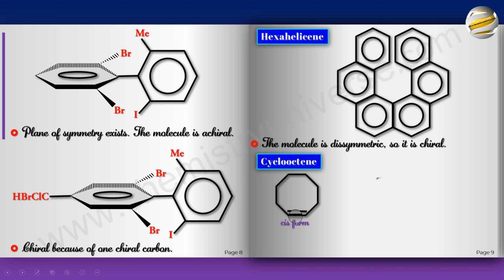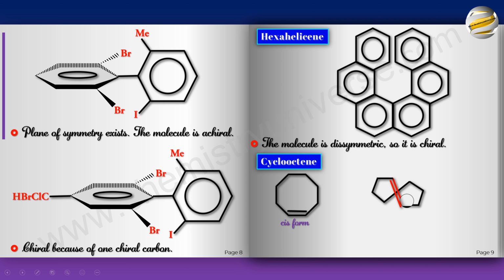But the trans form looks like this. Now you must understand what the trans form is. This is carbon 1, 2, 3, 4. There's no carbon here, okay? 1, 2, 3, 4, 5, 6, 7, 8. There's no carbon here. This is one single double bond. This is one single bond. There's no carbon here. So you can assume the red one is above the black one.